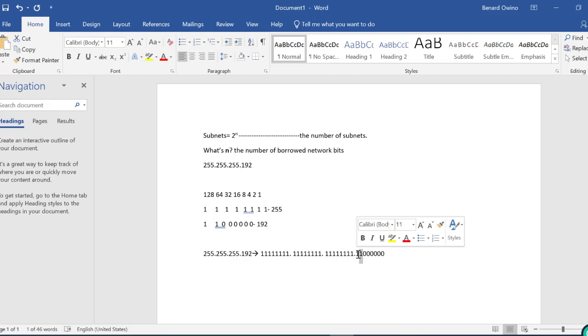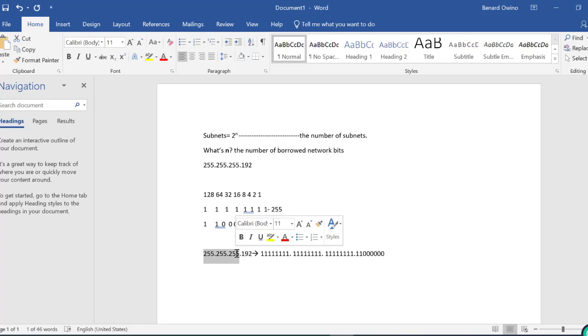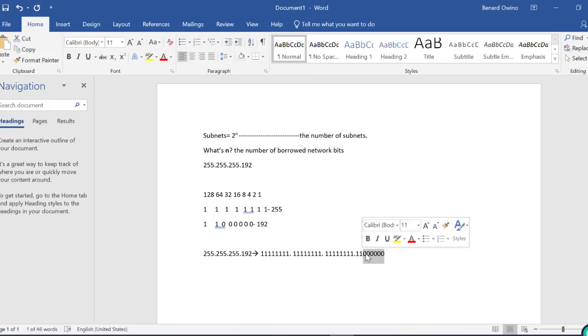It's only 2. If you compare this network subnet mask, it's supposed to be a class C subnet mask, but because you see some values are here, it makes it classless. So meaning this is where the values were borrowed from. So we only have 2 borrowed bits. 1, 2. The ones represent the network bits. The zeros represent the host bits. So n in this case is